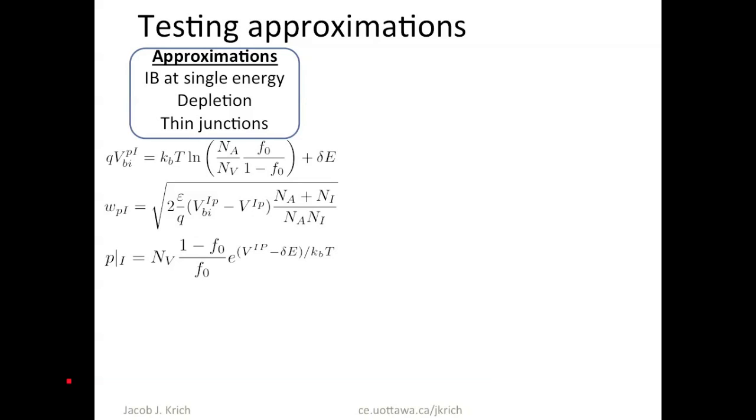We're putting the intermediate band at a single energy level with a filling factor, and assuming that the junctions are very thin. In this extreme limit, the junctions are thin, so we neglect the recombination processes inside the junction. It's just a crude first approximation. And this gives some analytic formulae. I don't actually mean these to be very interesting. It's just to say that they exist for the built-in fields at the PI junction, the depletion width, and one of the boundary conditions